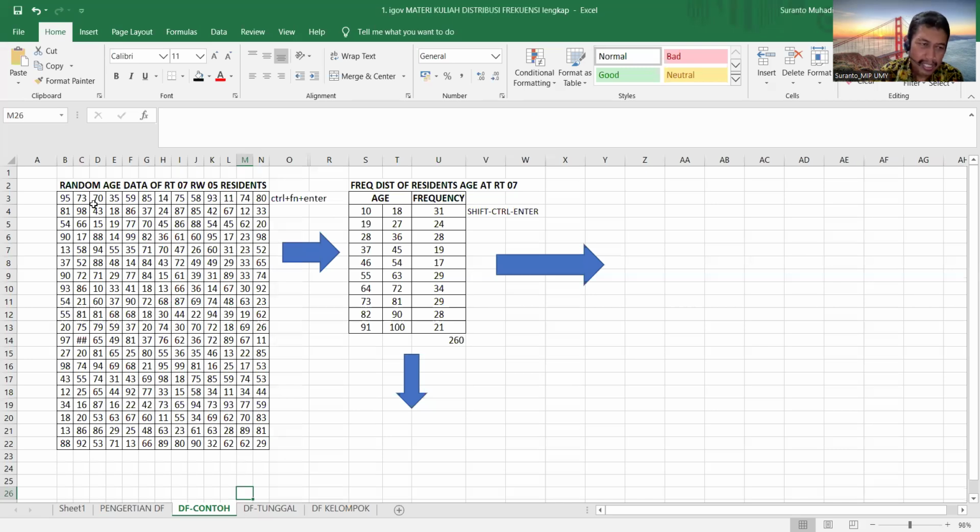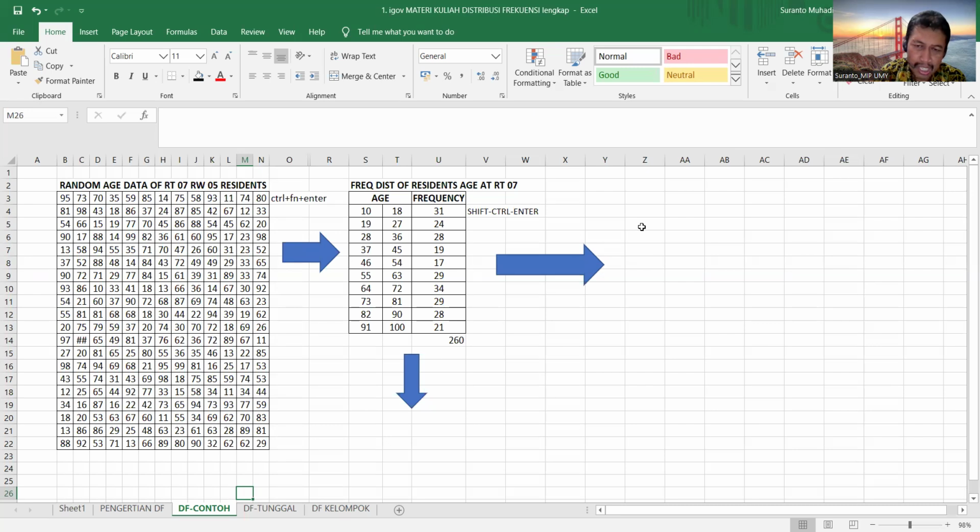It is the data of the age of residents in RD7 in a certain village. After transforming this raw data into the distribution of frequency, the next step is to make it into a data display.